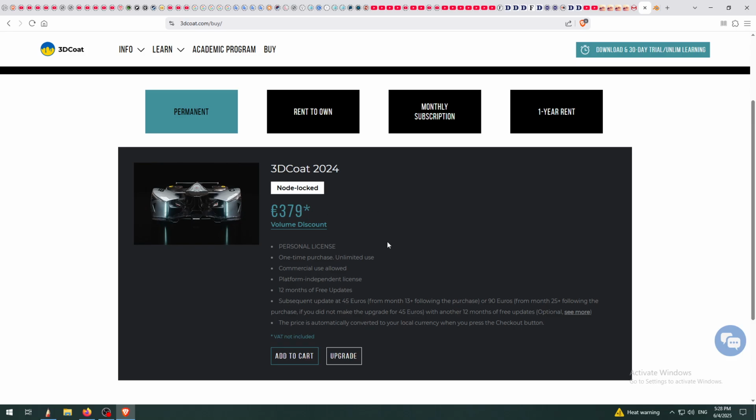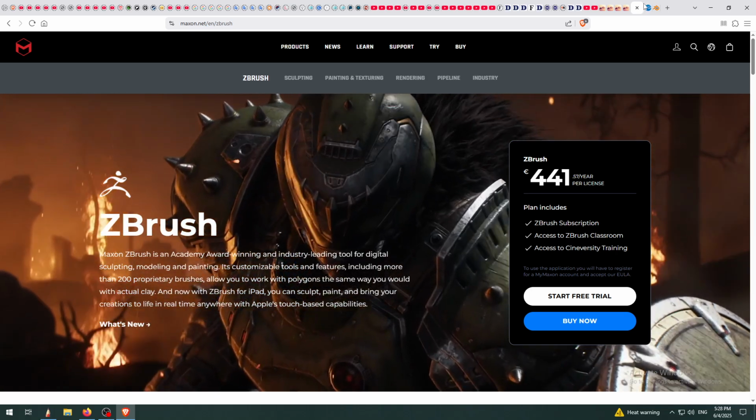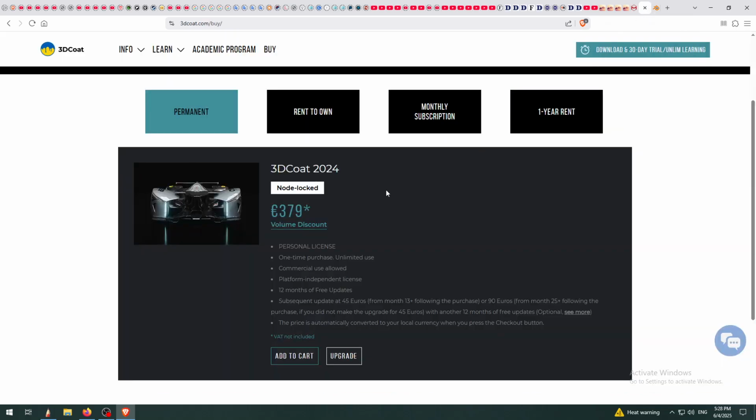So you can buy this for a personal license for unlimited use, one-time purchase, and you can use it for commercial purposes also, so you can make money on it, create games, movies, whatever you need it for. So for example, the 1 year of ZBrush is higher than the one-time fee, one-time purchase for unlimited